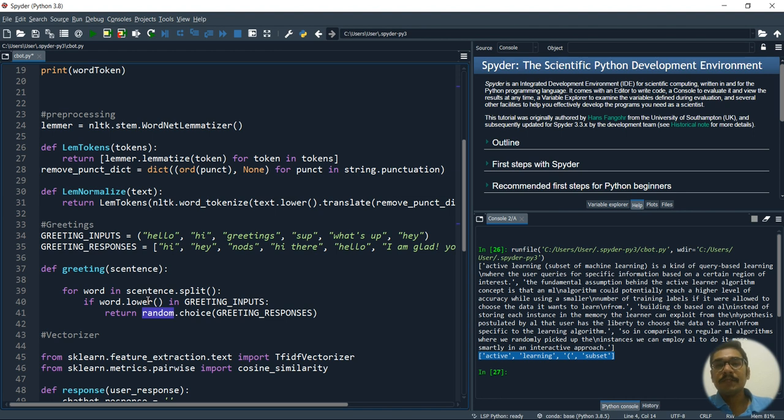For each of the words present in the sentence, we split it and convert that word to lowercase, and if it is in the greeting inputs, we return some random string from the responses. It is as simple as that. That is the greeting function and its functionality.